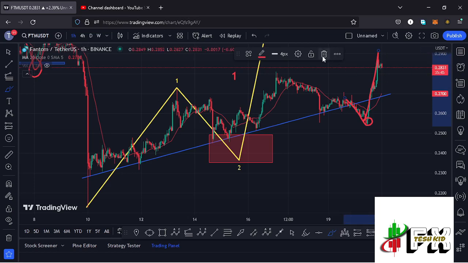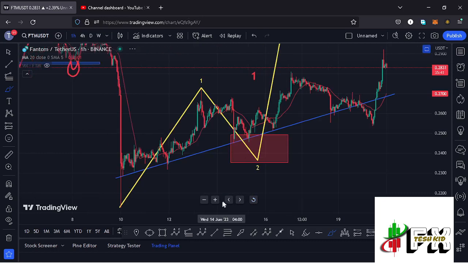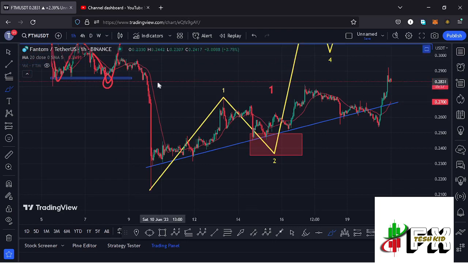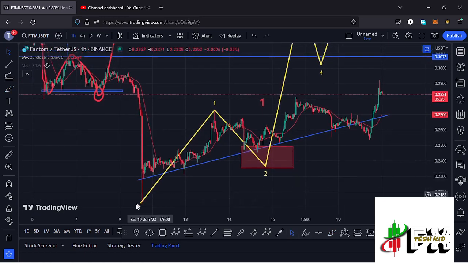We have also continued to obey the Elliott structures that I gave you in my previous videos, where I said to you that after seeing this massive crash on the 10th of June, giving us a low at around the $0.2131 mark, I started tracking this Elliott structure to the upper side, terming this as the first wave to the upside. Then we saw a corrective structure in the formation of this wave 2, in a move that fully maximized